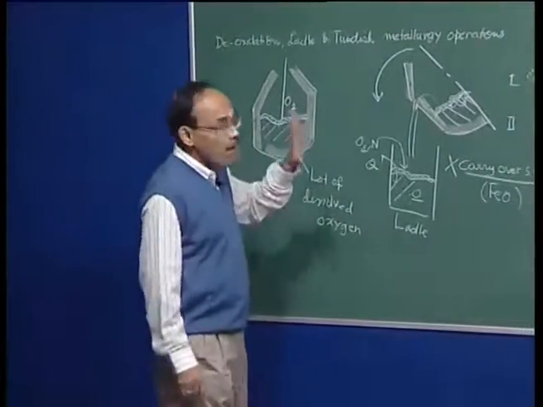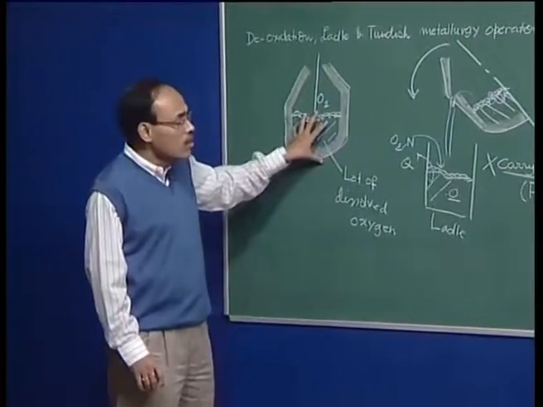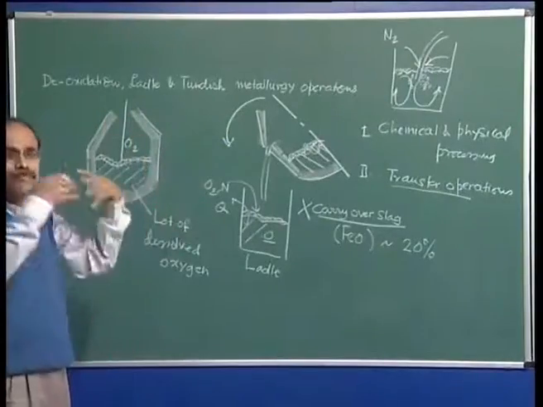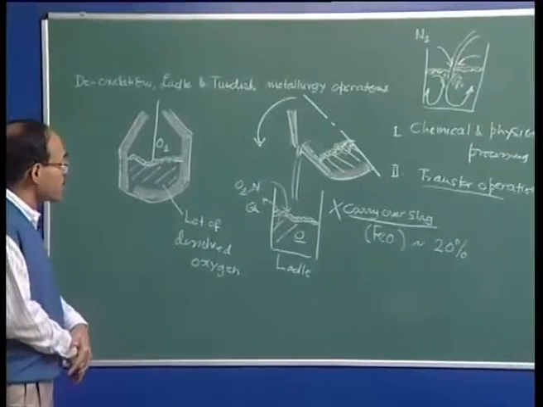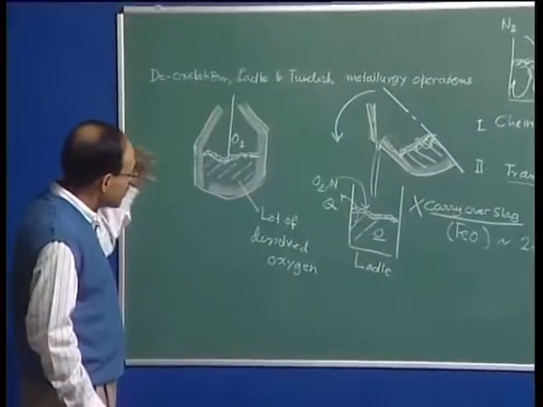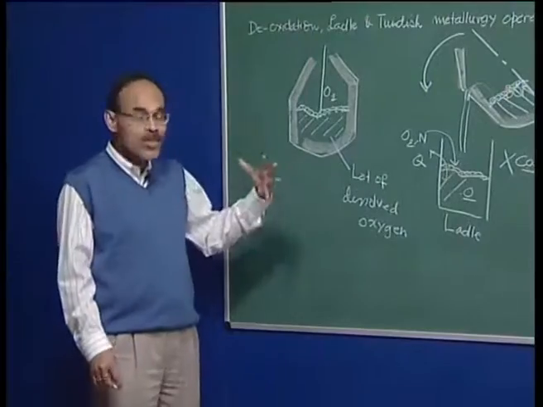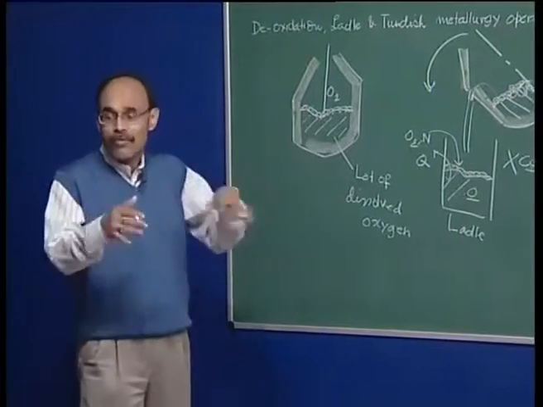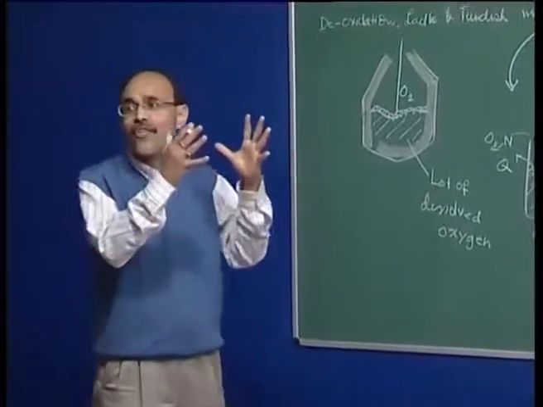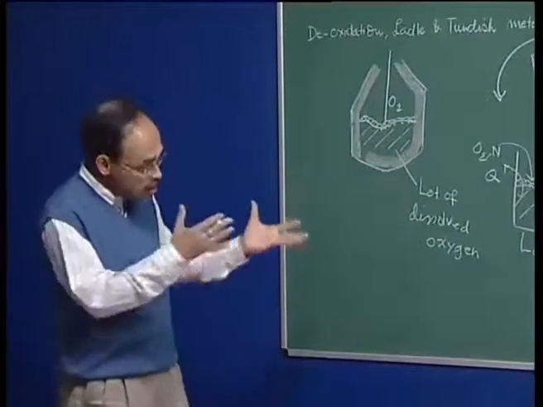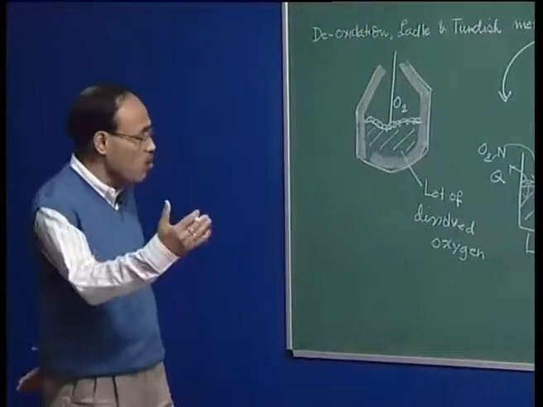So, refining is far from being complete in the primary steel making vessel, and that is why there is a need for many subsequent operations, or an entire ladle metallurgy treatment station in steel plants, to adjust the composition and temperature of steel. And I repeatedly say temperature and composition. Composition is to meet the demand of the customer, and temperature because there is a stringent requirement on the part of continuous casting that the metal be delivered into the continuous casting mold at the right